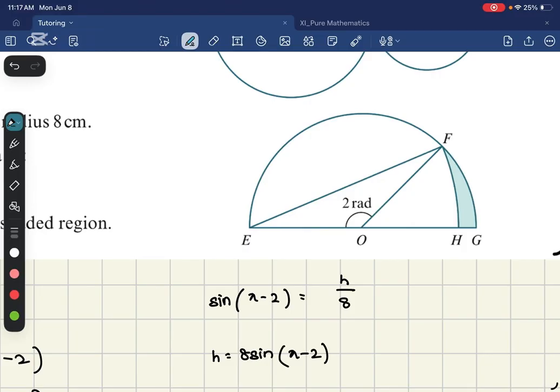So it's the circle centered at E. So this is also a center of a circle, and this is the outline of a circle. So we want to find this sector's area. And how do we do that? Well, it's going to be the area of the triangle